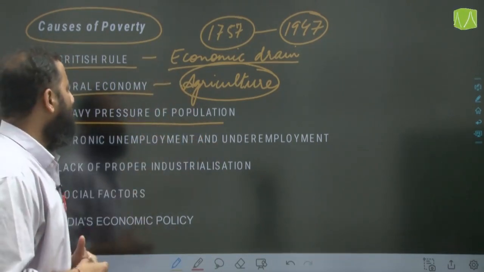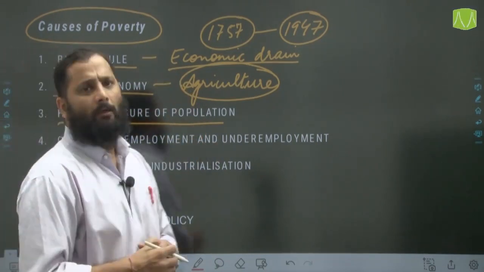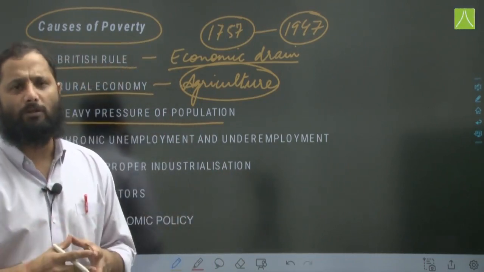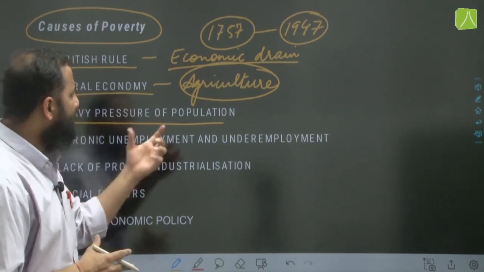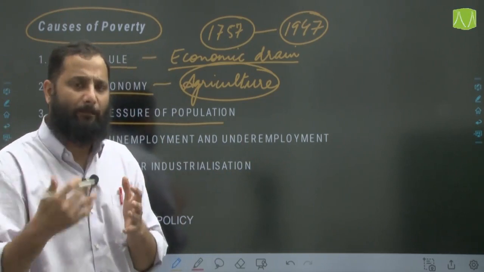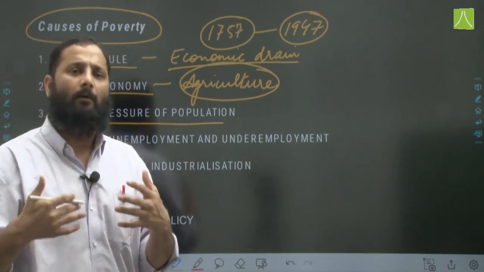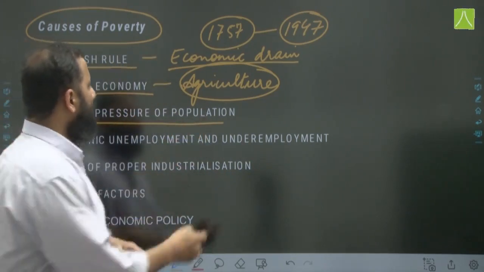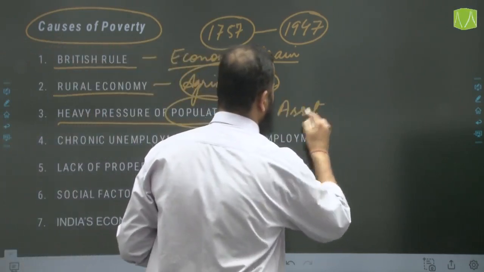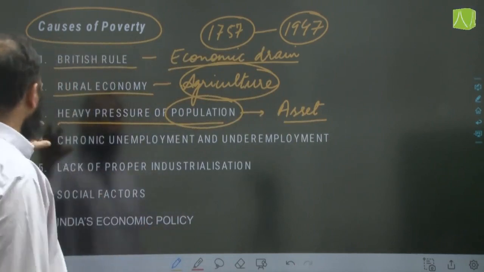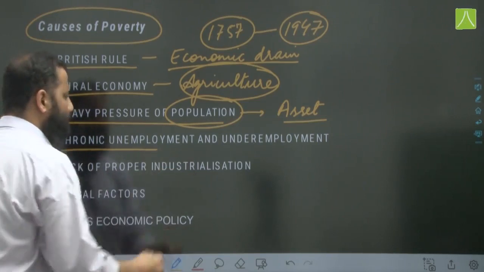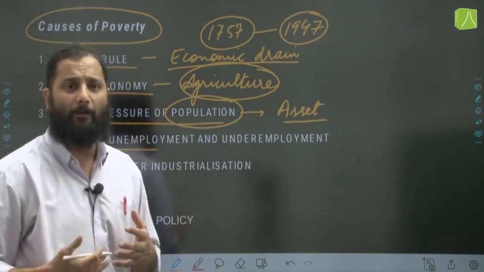Again, when we talk about this, in one more chapter we discussed people as resource, right? In that chapter we had discussed that overpopulation or population can be both a liability and an asset. Now it depends on the government and the people how this population can be converted into an asset for the nation. All right. Then we have chronic unemployment and underemployment,